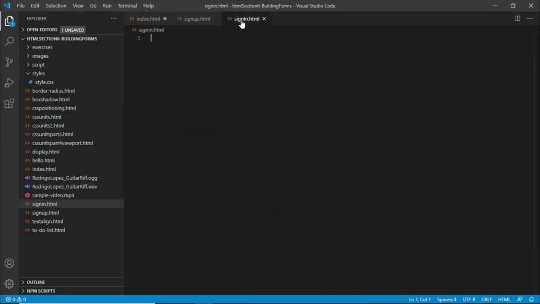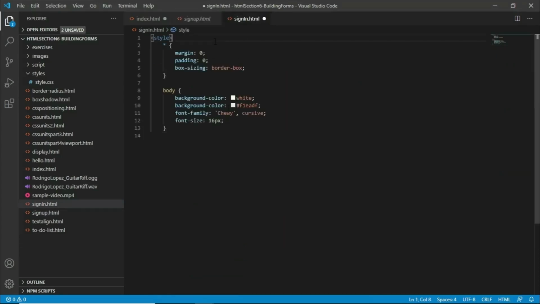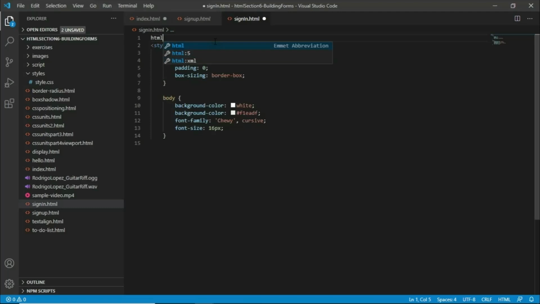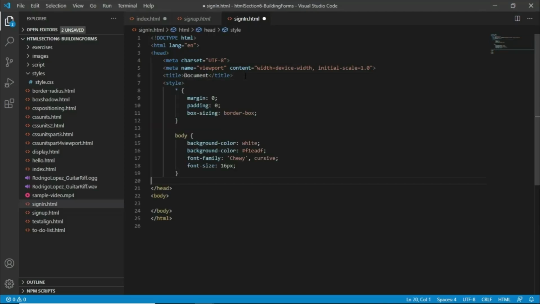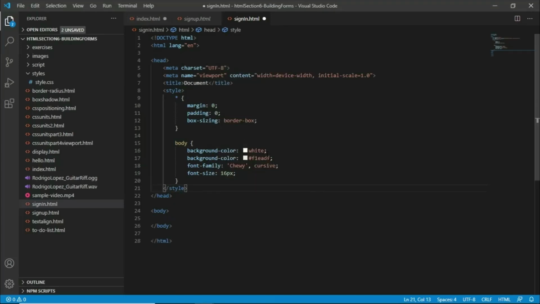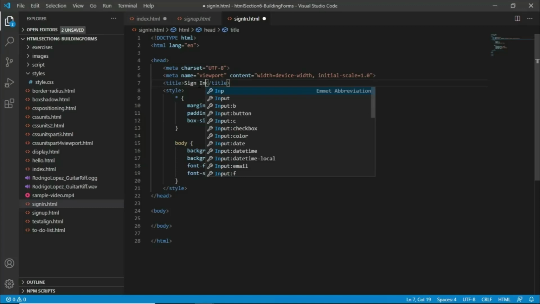body element here. So let's go and copy that, and also of course give the HTML5 template and place this inside of our head element and close our style tag here. So let's format our document here and replace this with a sign in